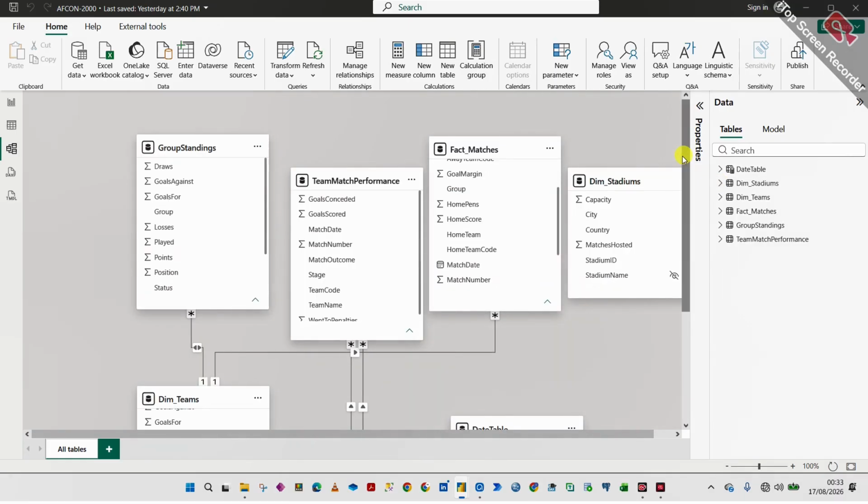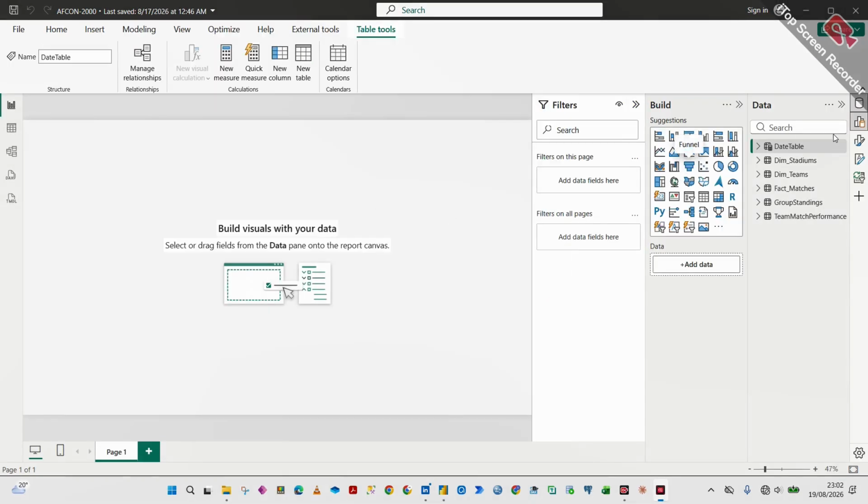We're going to have quite a number of calculations, our measures, and calculated columns as well, that we are going to create. We are done creating our date table, and we have it right here. So the next thing we are going to do,